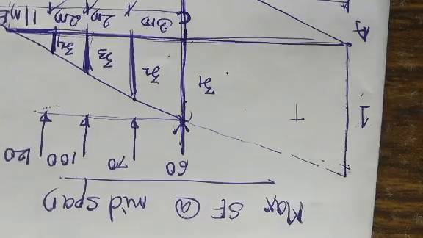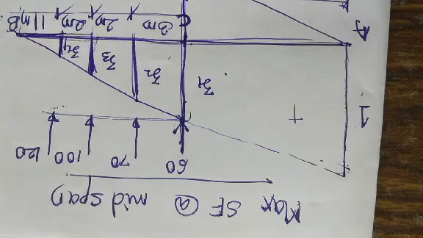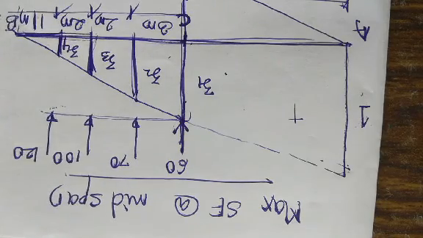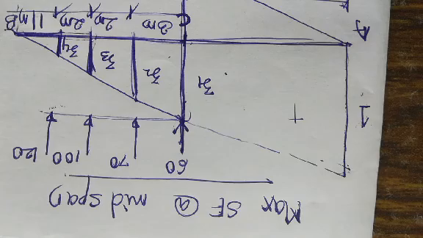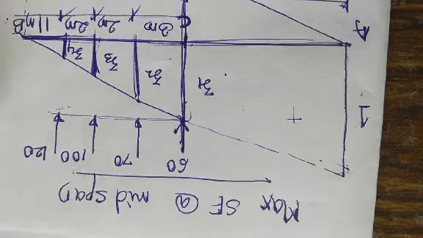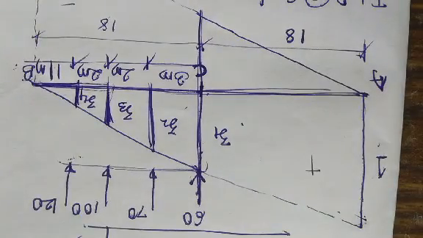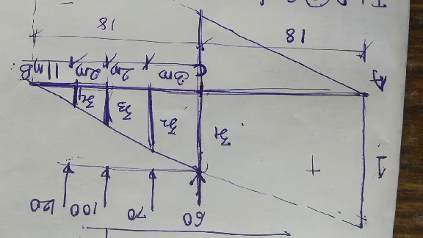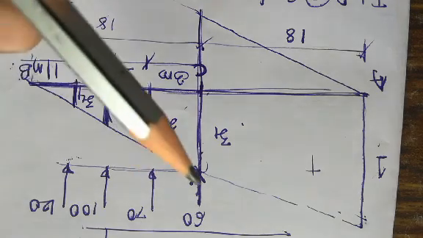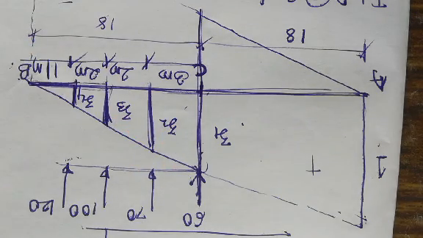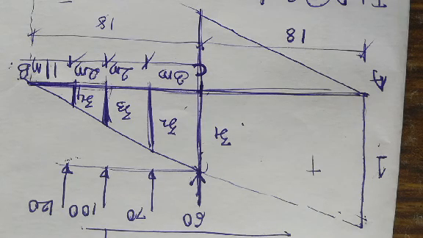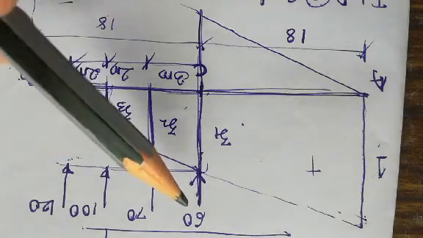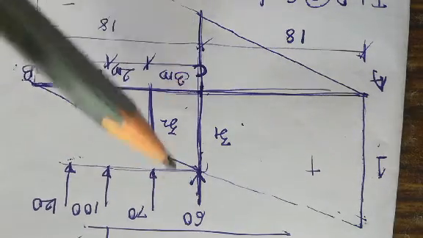Next, he has told to calculate the maximum positive shear force and maximum negative shear force at midspan, that is at point C. Since the whole beam is 36 meters, the beam gets divided into 18 and 18. To get maximum positive shear force, the tail of the load should be on C point. This is the tail of the load and it is placed on C point.